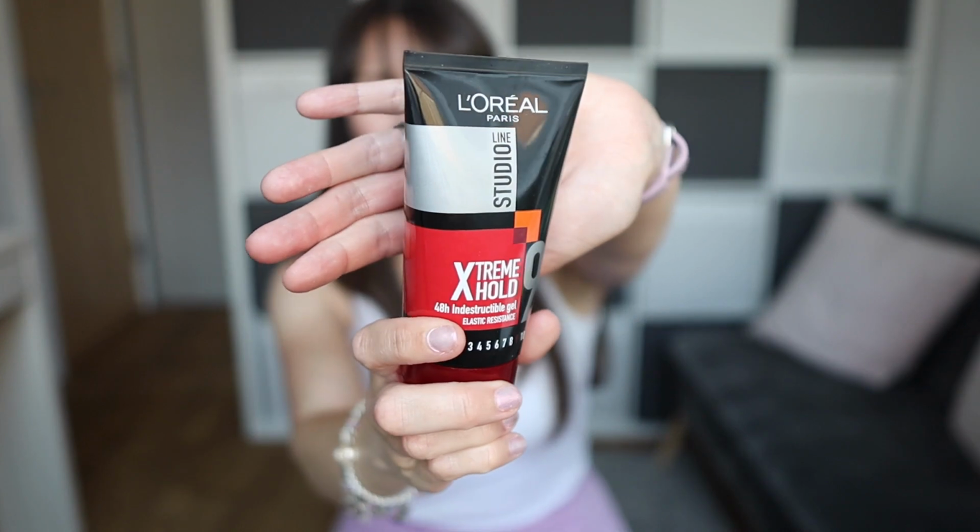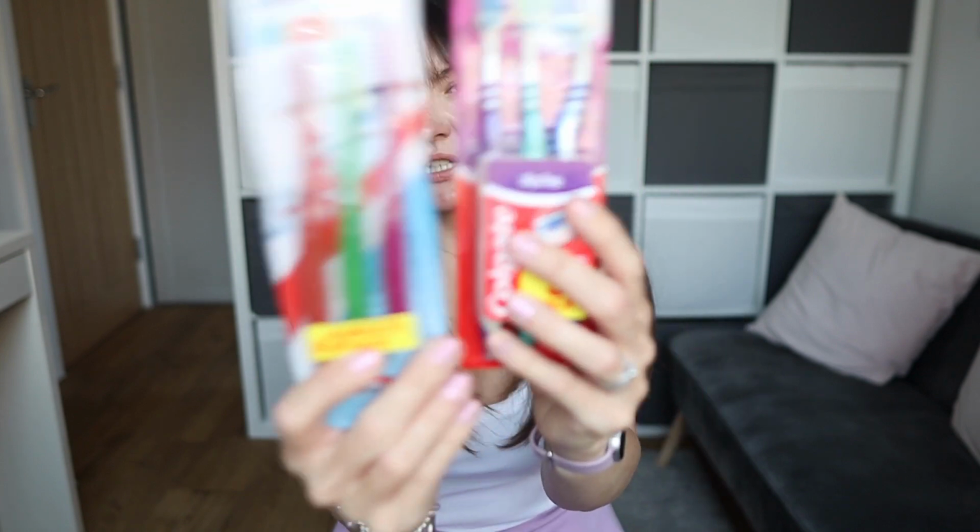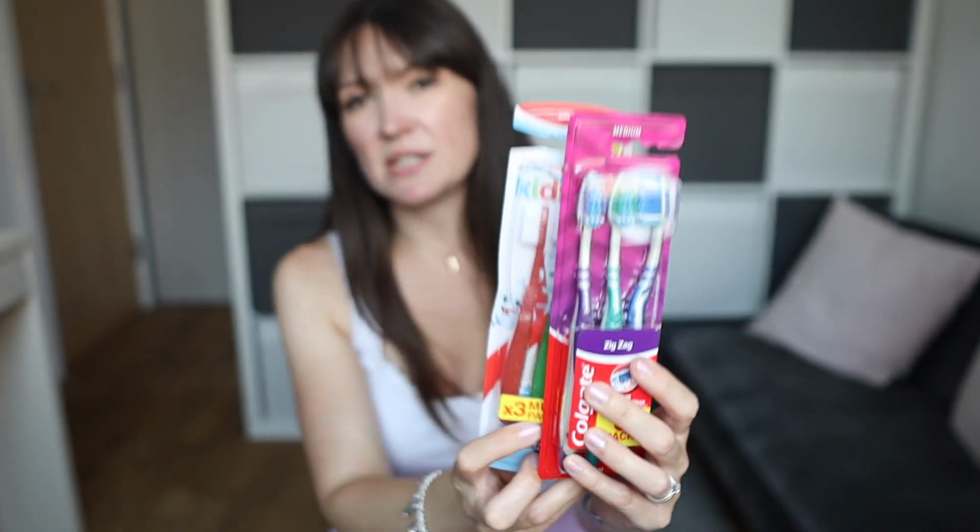Then I got a hair gel for my husband. He's rather fussy. This is the only one he'll use, so whenever I see some of that, I pick it up. And then I got some packs of toothbrushes, some little kiddie-sized toothbrushes and some more grown-up sized toothbrushes,